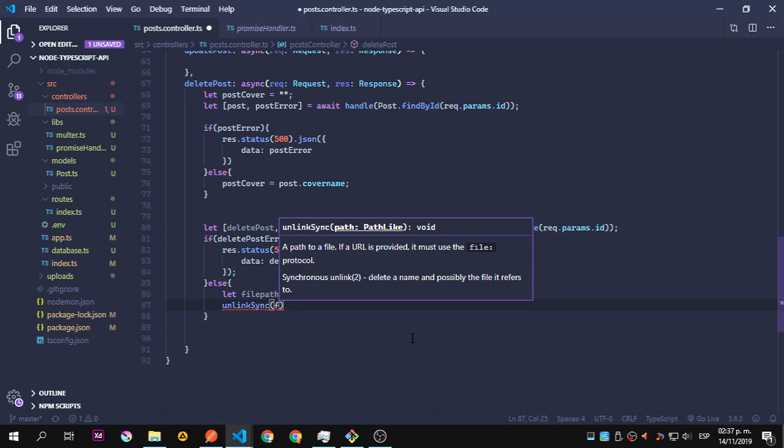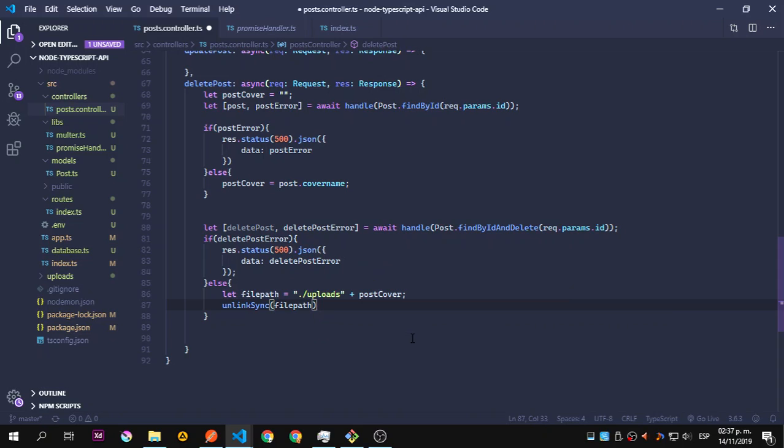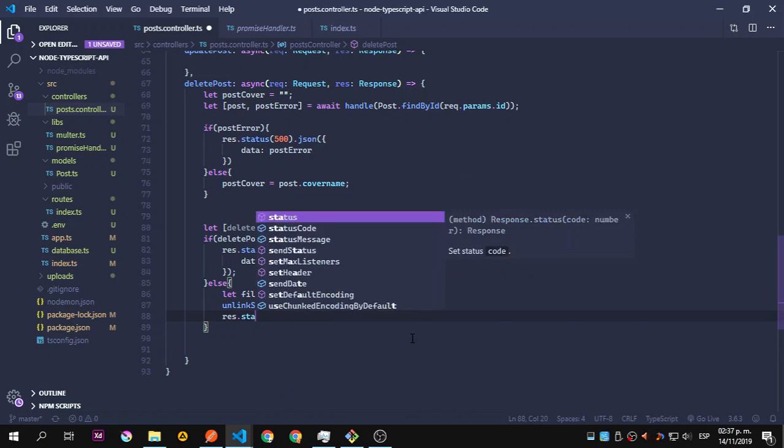Just delete that, because at this point the post is already deleted, but we need to delete the image that was referenced inside that post. So we use this unlink and we say response.status